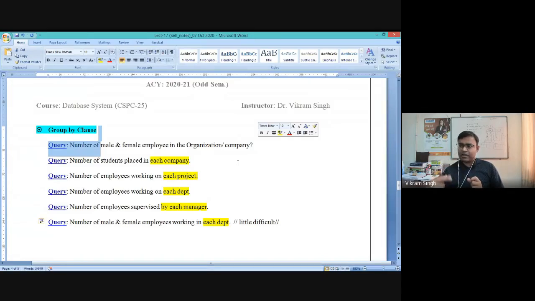Only two distinct values will be there. Now group by clause will be creating the subtables. One subtable जो आपके main table की imply की उसको दो tables में separate कर देगा. In one subtable all the male employees will be kept, and in the second subtable all the female employees will be kept. So we will have two subtables. One is for the first value which is male, and the second is for female.